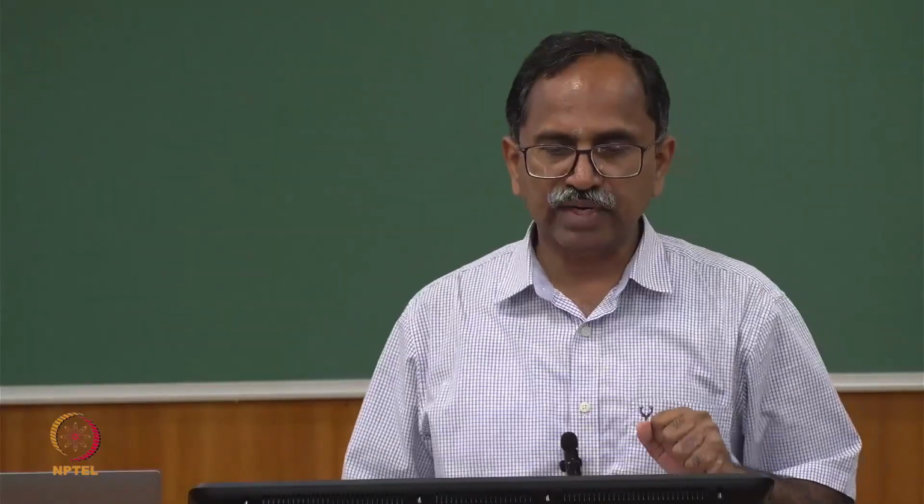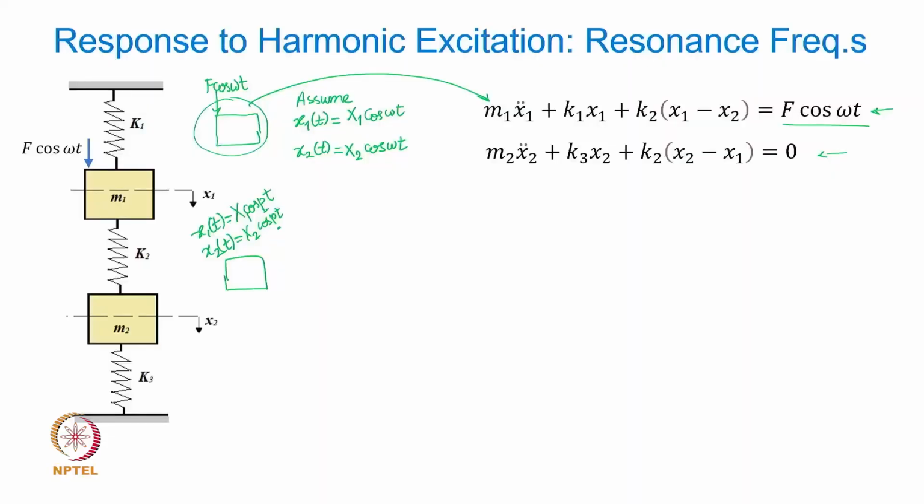The damping is going to introduce a sine term or j omega term if you assume the solution to be capital X1 e to the power j omega t. So that is the reason the absence of damping allows us not to include the phase in this particular case. So x1 and x2 are the two assumed solutions, and if you substitute now x1 and x2 into these